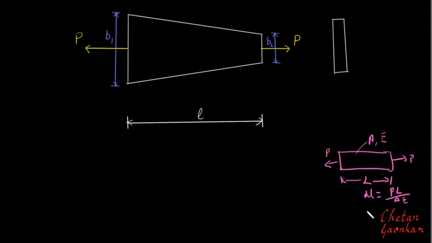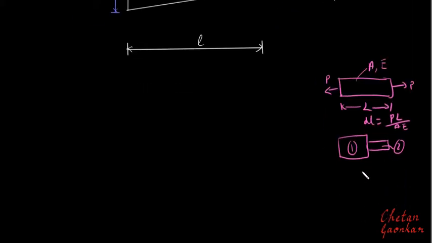Further, one step ahead, we also saw that if the cross-sectional area was varying in steps, even then we could apply this formula of calculating the deformation, provided we calculate it for the individual segments. For example, if this segment is 1 and 2, I could use this formula to calculate the deformation dl1 in segment 1 and then dl2 in segment 2. The reason why I could use this formula is because A was always constant throughout its length. For example, here this area was constant for this segment length, and similarly this cross-sectional area was constant for this length.